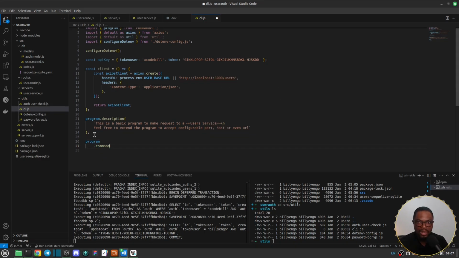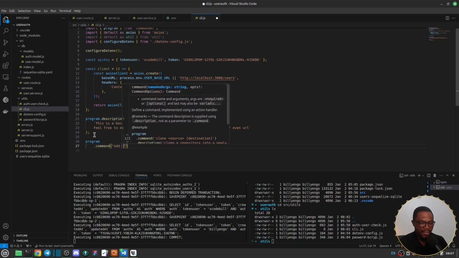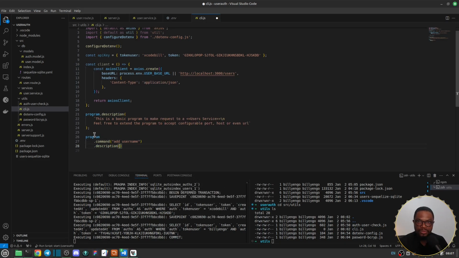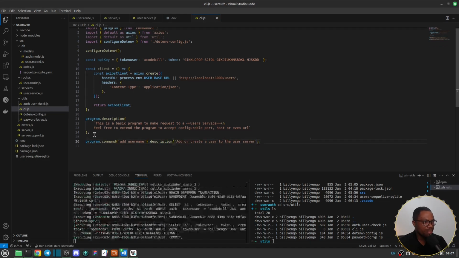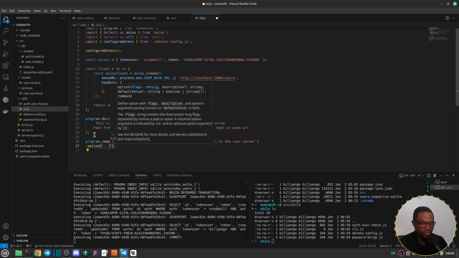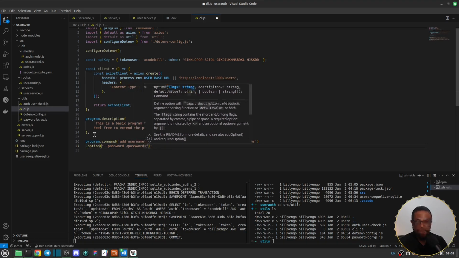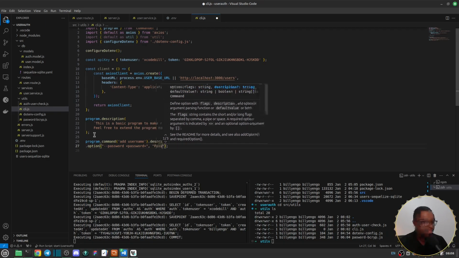Now you can look up the library on how to use that. So we'll say add, and then we want to pass the username, and then we will say .description, and then we will say, this will be add or create a user to the user server, and then we'll pass in an option, and that will be an option for password. Yes, and then that is going to be the description message,